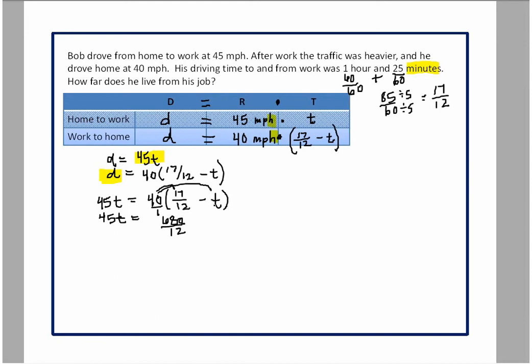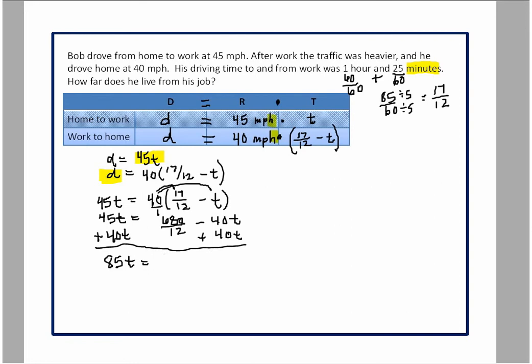And then we do the 40 times the negative t, which gives me a negative 40t. Okay, so let's add the 40t to the left side. And that gives me 85t equals